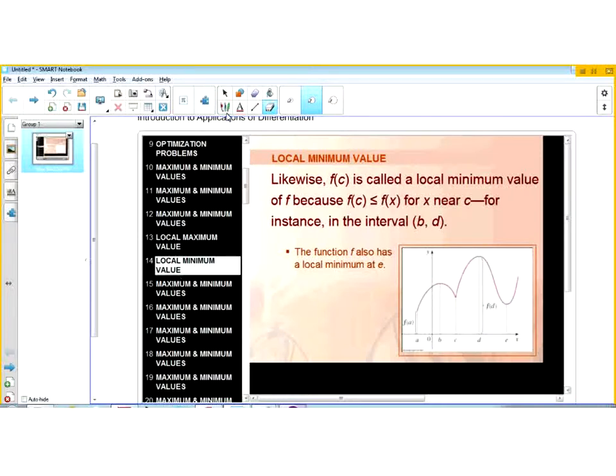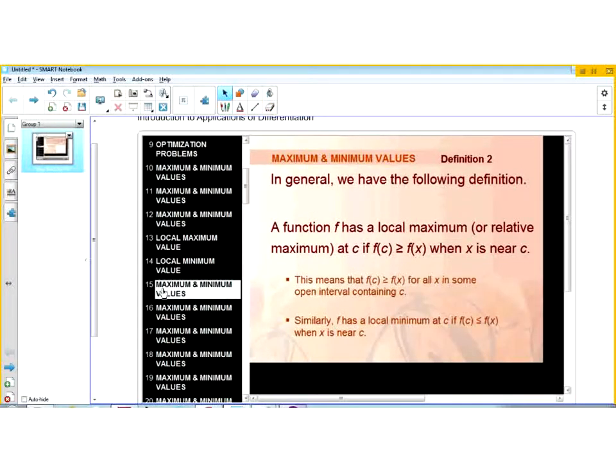What do we have here in slide 15? Okay, so here's the definition of a local maximum as contrasted with the global maximum. A function has a local maximum at x equals c if f of c is greater than f of x when x is near c. And technically speaking, this language is somewhat imprecise. Instead of x near c, I'm often going to say x is in a neighborhood